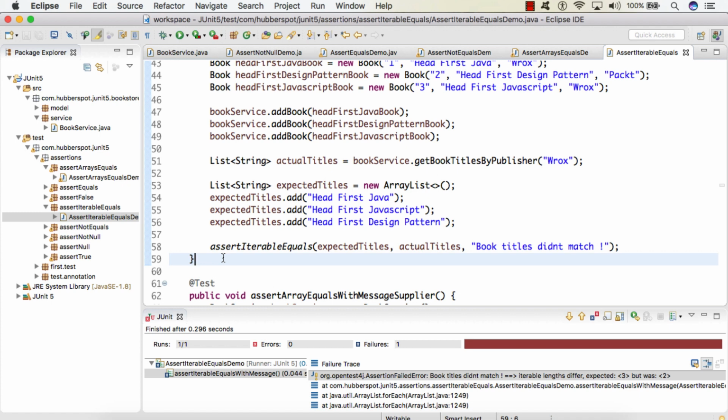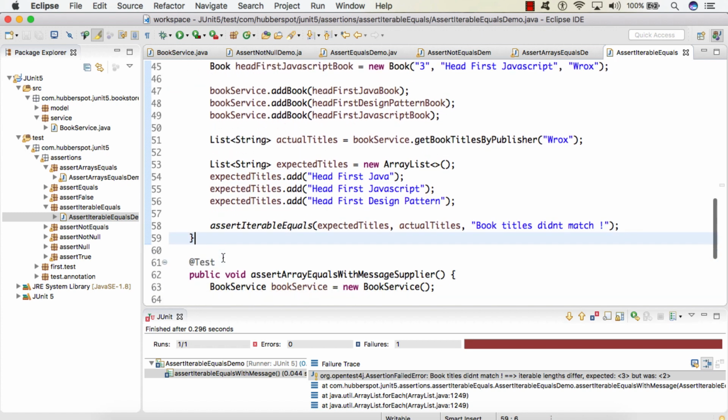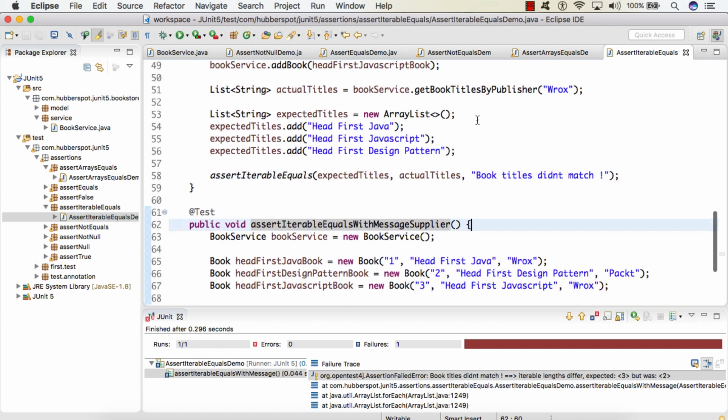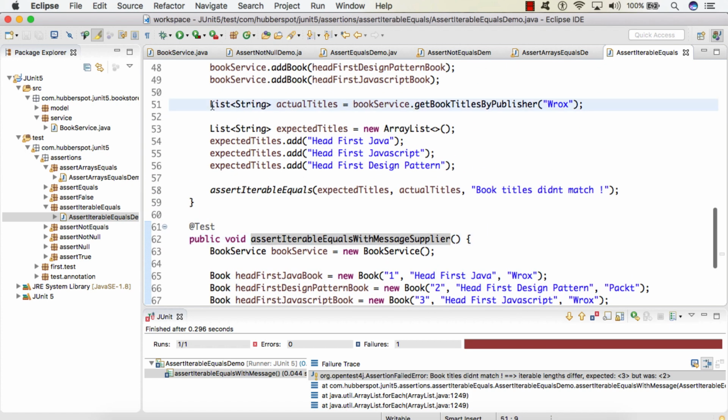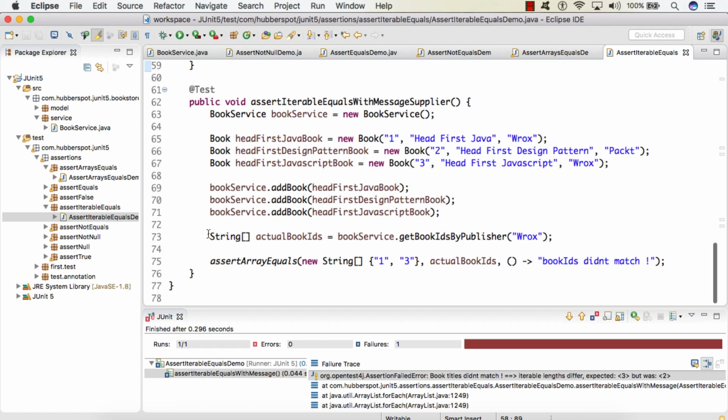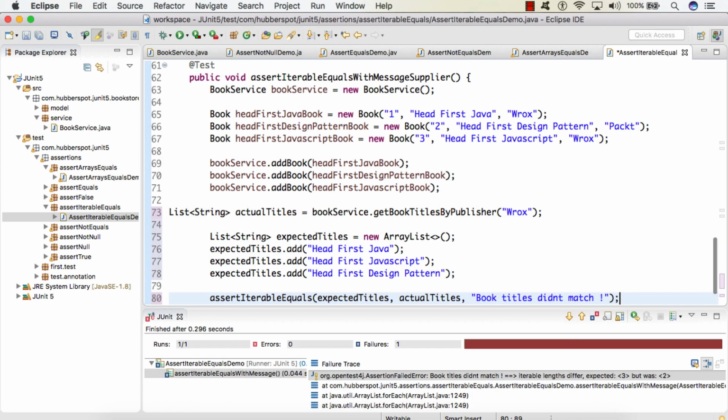Now let's see the third assertIterableEquals method, which takes in a message supplier. Here I will change the name of the test method to assertIterableEqualsWithMessageSupplier. I'll just copy this part and paste it here.